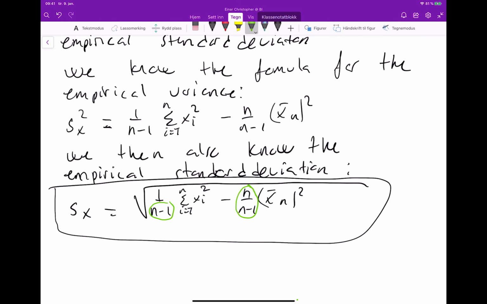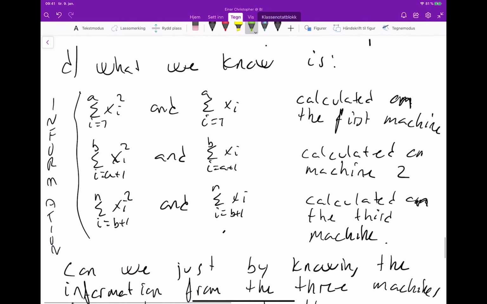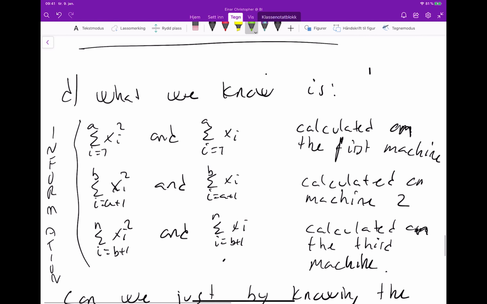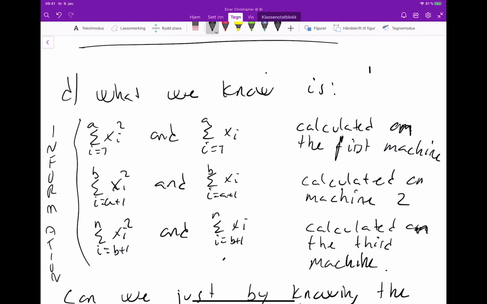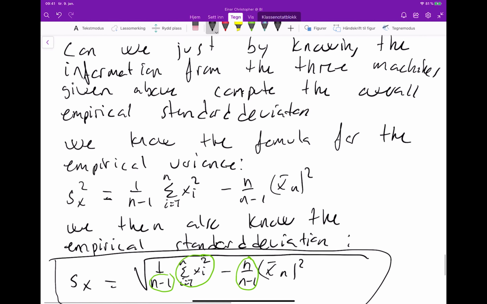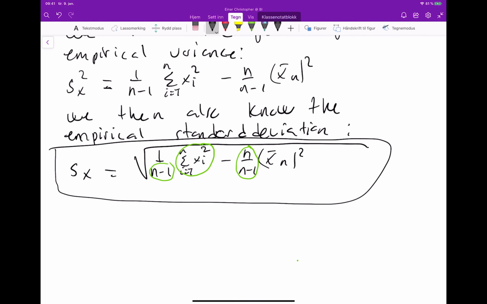We know n, so that's not a problem. But do we know this? Do we know this when we just have this information? Actually we do, because we also know